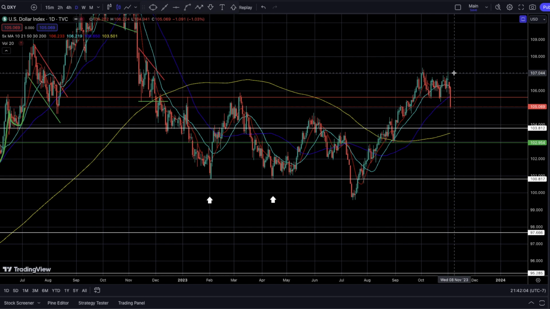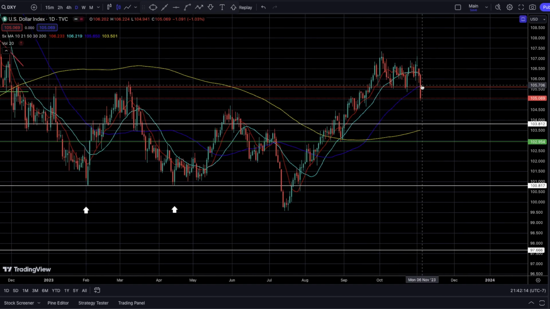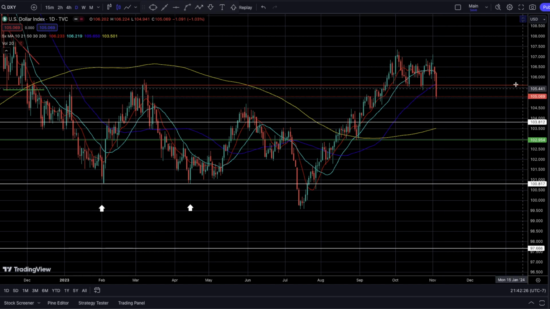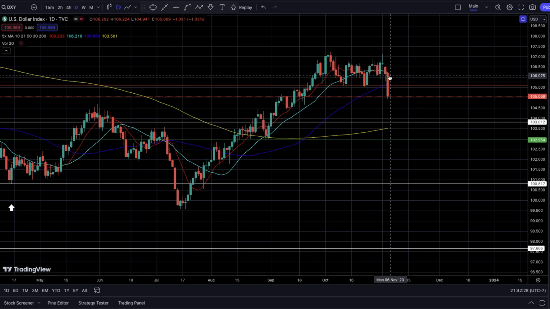I'm glad that I was able to see that this potential bull flag was not indeed a bull flag, and instead we broke down to the downside, and we broke the 50 SMA on the US dollar index, or DXY, and we closed below it. So that's very indicative of a new potential downtrend, and the fact that obviously this is a very bearish candlestick.